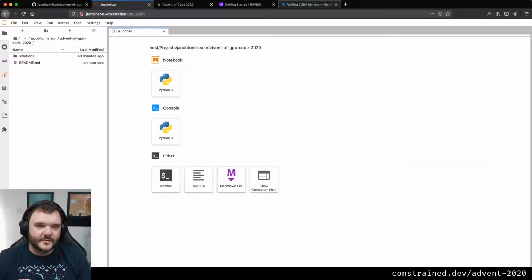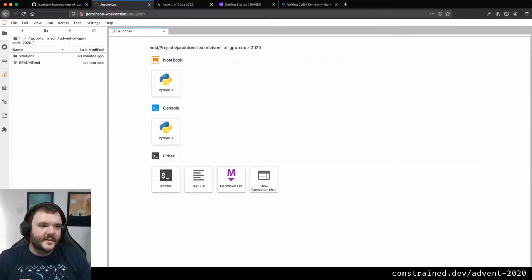So we've got CUDA installed. I've also got JupyterLab installed. This is the JupyterLab that came in the Docker image. And this JupyterLab has got a couple of extensions installed. It's got the Dask extension. Again, I don't know if we're going to get onto Dask and stuff. As I showed in my little NVIDIA SMI command before, I do have 2 GPUs in this machine, so I could use Dask to make use of both of those GPUs in a single calculation. But for now, I'm just going to stick to single GPU stuff.